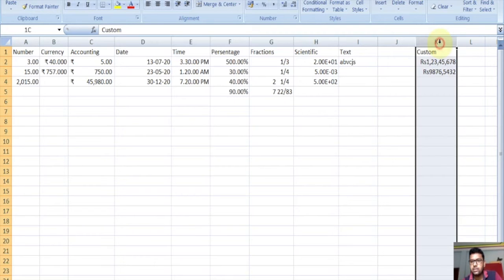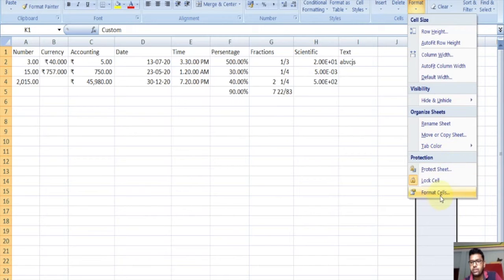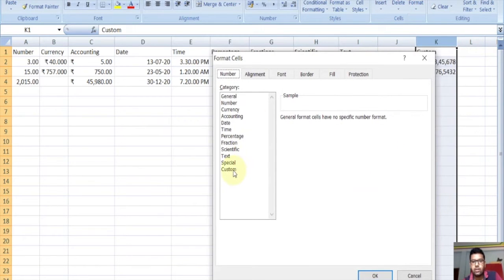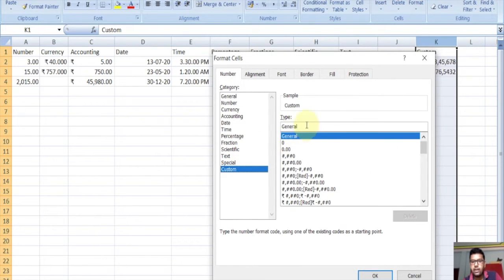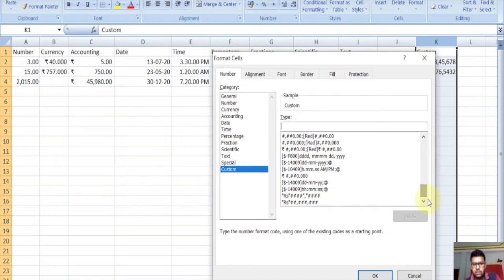For creating this format, select the column, format cell and click on custom, click on general, and here we can create our format, suppose a rupees format, and we get the rupees format we just created.